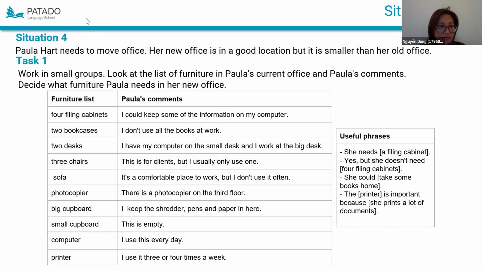Okay. So we can decide what furniture Paula needs to keep in her office. Yeah, what she needs to bring with her as she relocates to a new office. What should Paula bring since it's smaller than her old office?